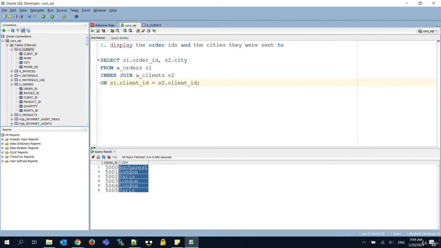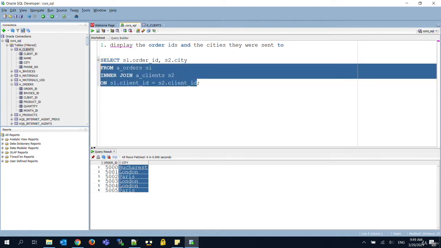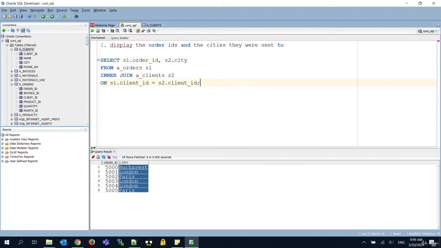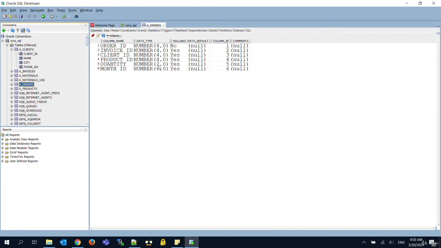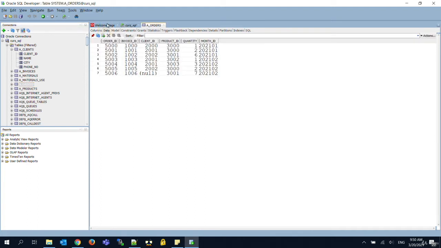But there is another way we can do that. We can use the same select but use a left join, and if we use this left join we will have 6 orders instead of 5. In the orders table we have 5 records. We can see them here in data, 6 records,